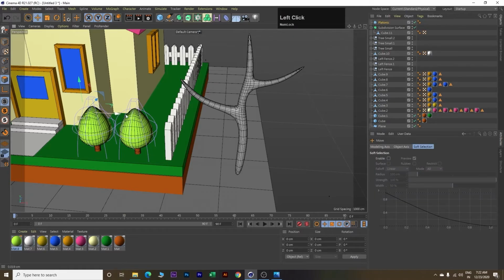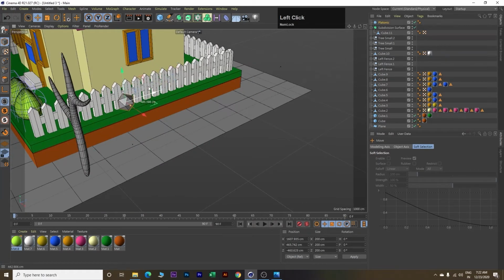Click E and bring this platonic outside. Click on it, click on model, move it towards the right, bring it in front, and place it over here.